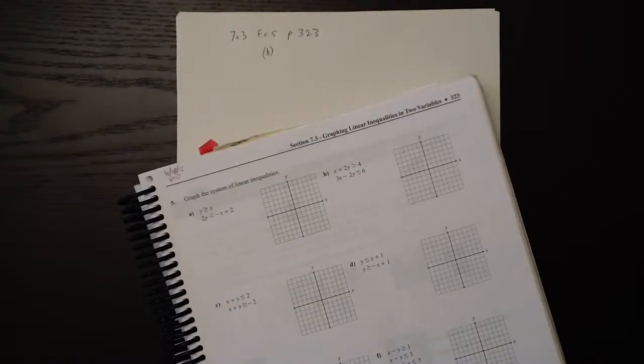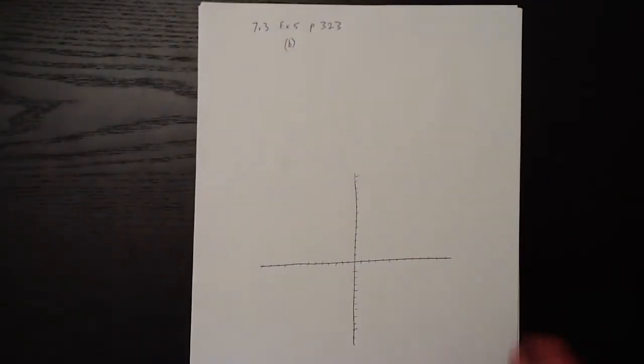Okay, we've moved on to 7.3, exercise 5. In this case, you're graphing a system of linear inequalities. To graph the system of linear inequalities, two steps. First step,